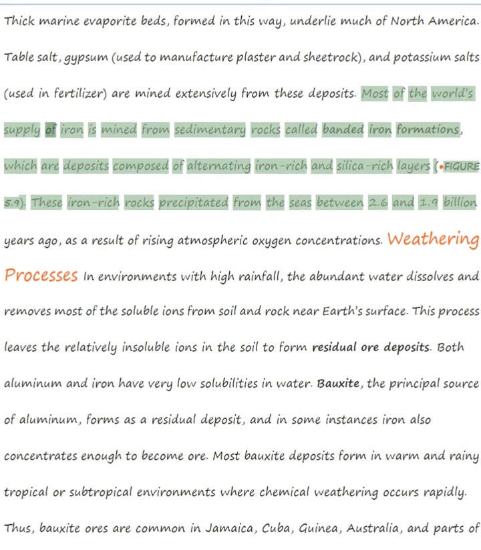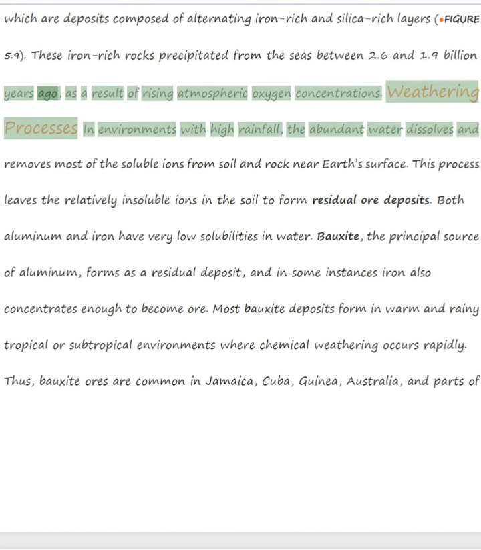Most of the world's supply of iron is mined from sedimentary rocks called banded iron formations, which are deposits composed of alternating iron-rich and silica-rich layers. These iron-rich rocks precipitated from the seas between 2.6 and 1.9 billion years ago, as a result of rising atmospheric oxygen concentrations. Weathering processes in environments with high rainfall, the abundant water dissolves and